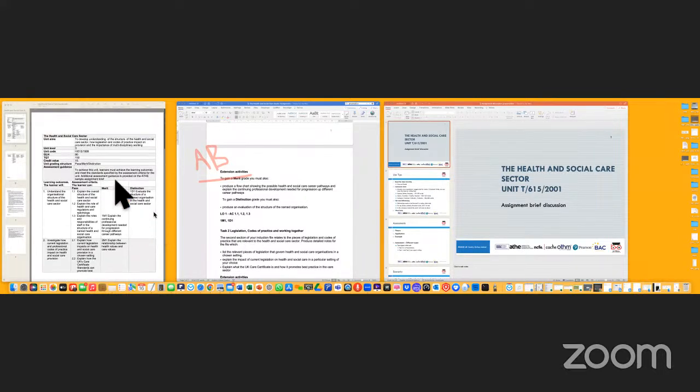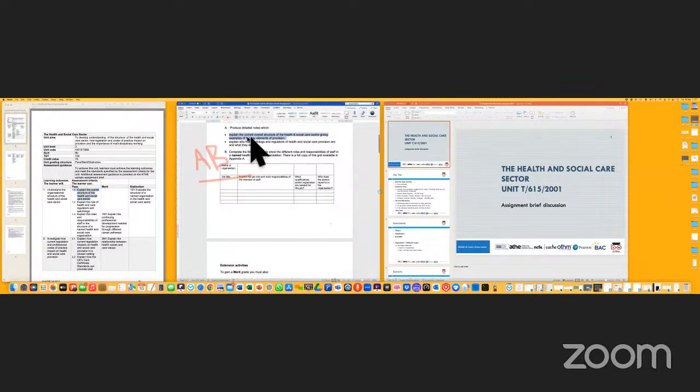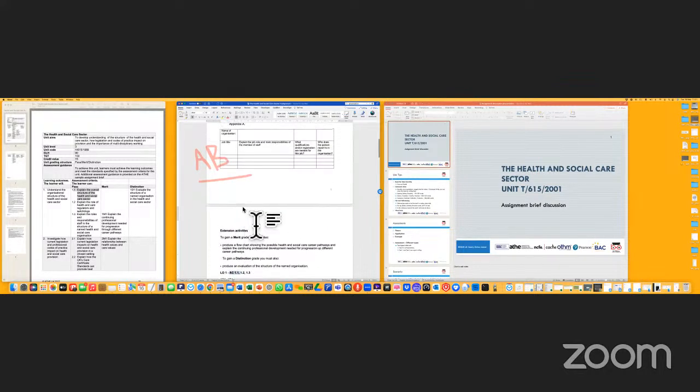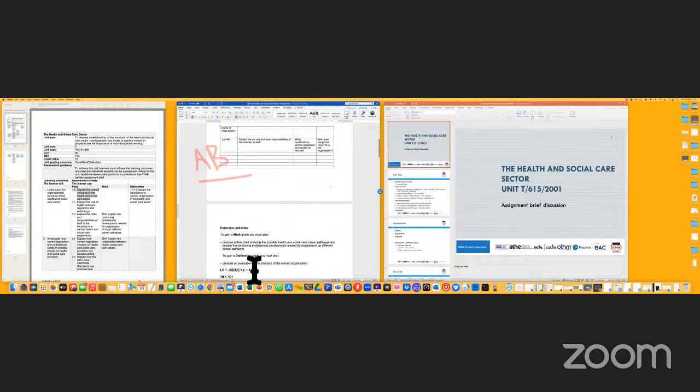If I scroll back to the unit specification, it says explain the structure of health and social care sector. The naming and the writing of the task pretty much remains the same, as you can see. Here, the context has been added, giving examples of key elements of provision, but honestly, the task remains the same. So we know that this is task 1.1, and this can be confirmed in the assignment brief, because the three bullet points, the third one being the table shown, are the assessment criteria 1.1,